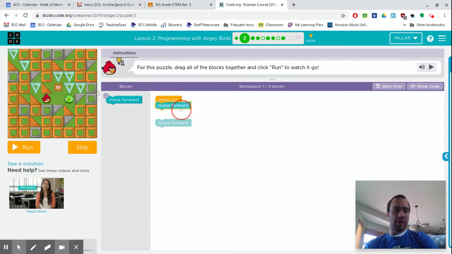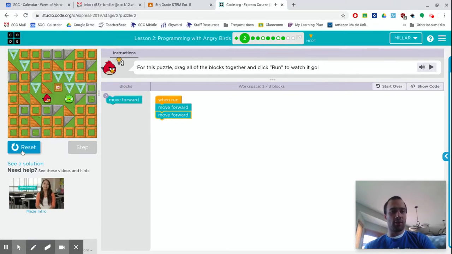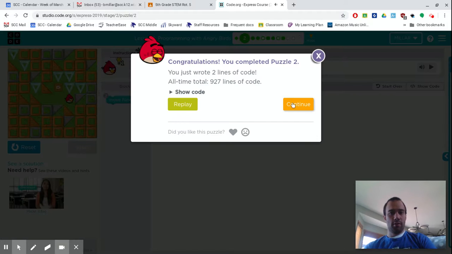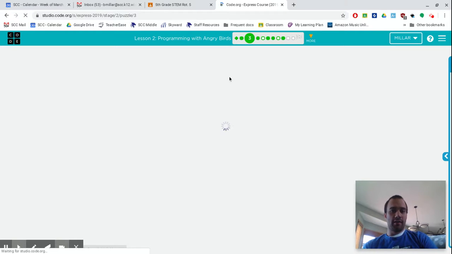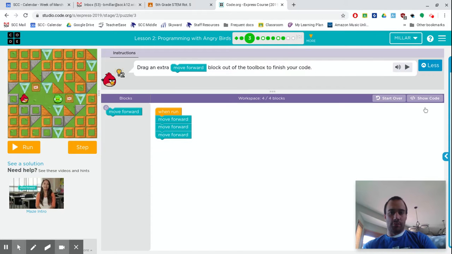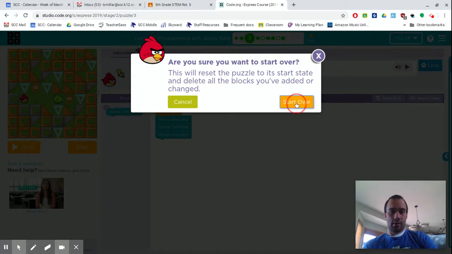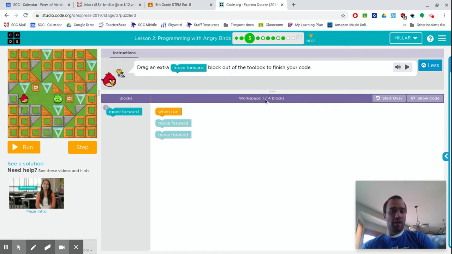So this one, I look at that bird and I notice in order to get to the pig, I got to move forward twice. So I put those two blocks together and click run. And it goes through and I can continue on to the next one. Now, as it loads the next one, you'll see right about here, I'm going to click start over again. It says you should be able to complete this in 4 blocks. So that's our goal. We have the orange one run, 1, 2, 3. And if I look right here, I need to pull out another one so I can get to the pig, 4. And if I click run,